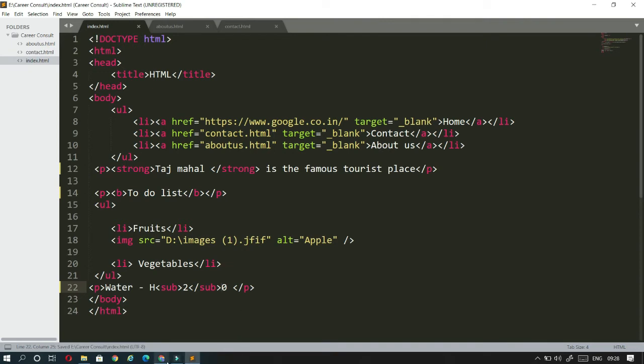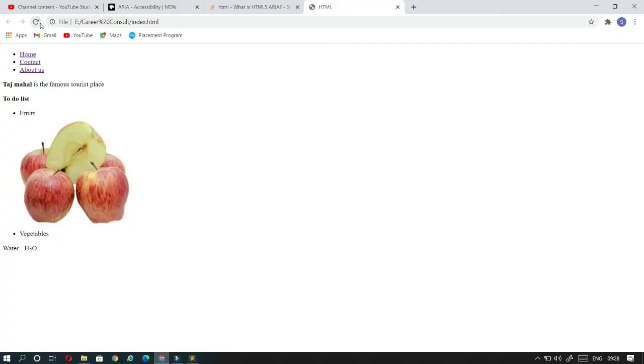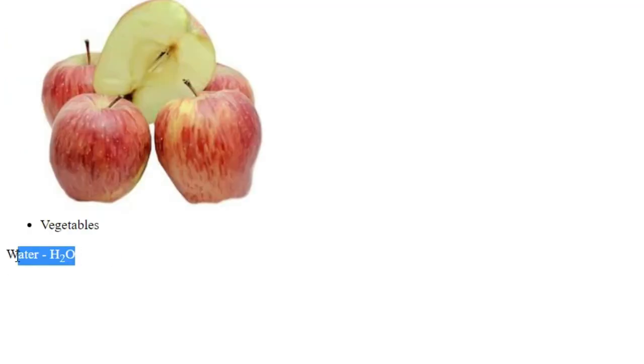I think I have entered 0 here. Okay, H2O, and I'm just going and refreshing this page. So you can see here this is the correct form. So when you are creating any website which needs chemistry formulas, you can use this